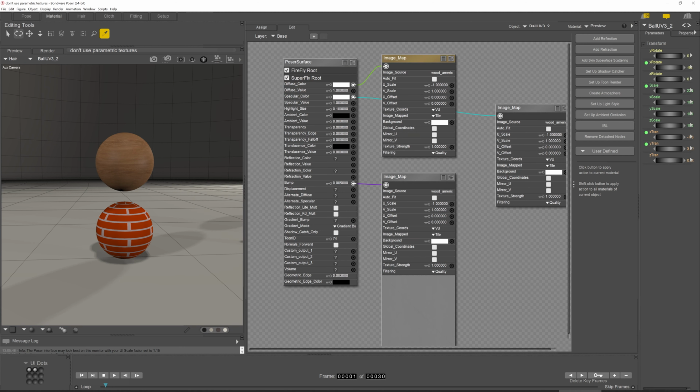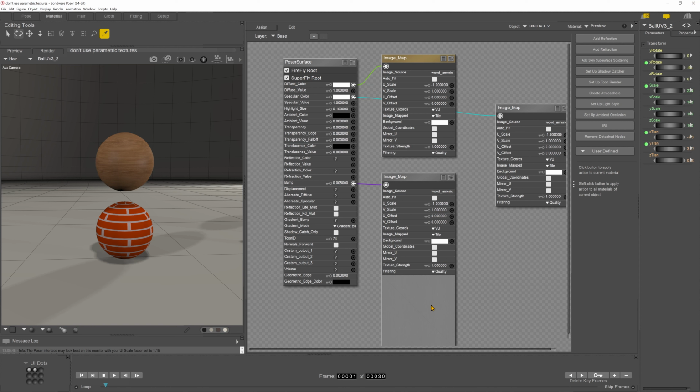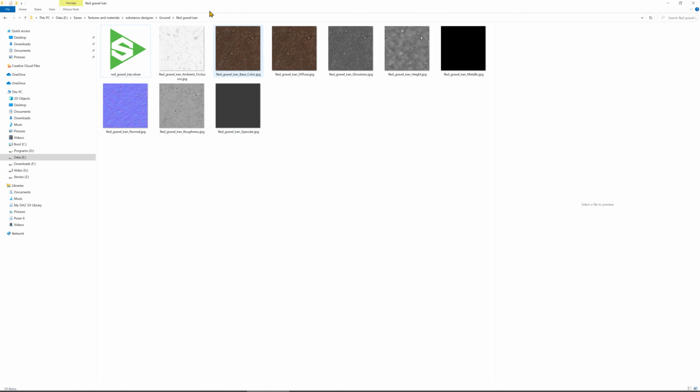Okay, so let me give you an example here. This is a Substance Designer texture called Red Gravel, and ironically, it is a parametric texture, but the parameters are in Substance Designer. Then it's exported as a tileable bitmap. So that's one of the ways that you should be thinking in terms of making your textures. So that tileable bitmap then comprises, let me just go to the folder,